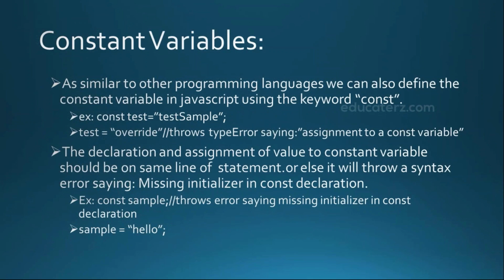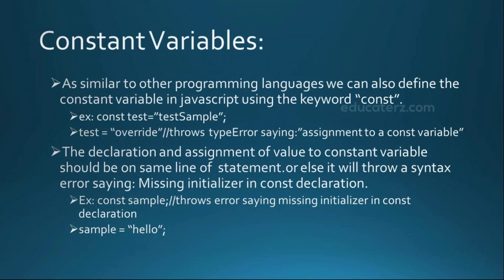So coming to constant variables. Similar to other programming languages, we can also define a constant variable in JavaScript using the keyword const. As in this example, I declared the variable called test with the value test sample. When I try to override the variable with the value override, it throws a type error saying assignment to a constant variable. And the most important thing, the declaration and assignment of a constant value should be on the same